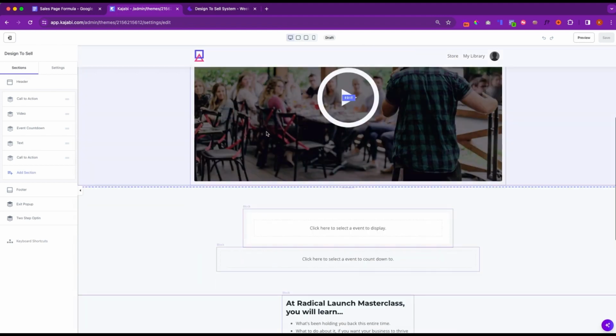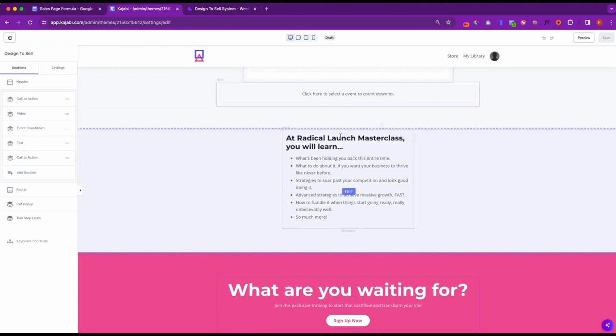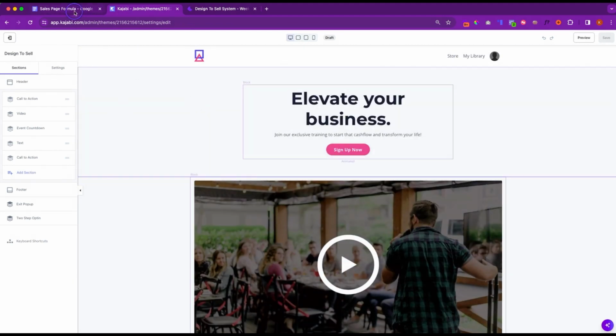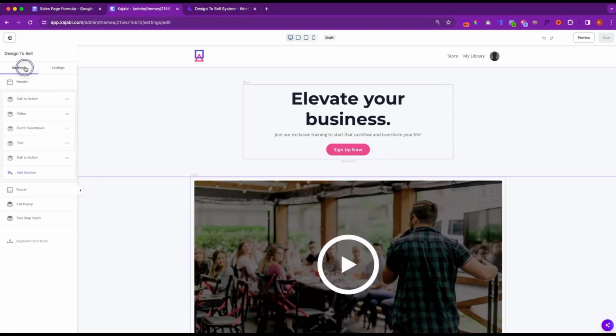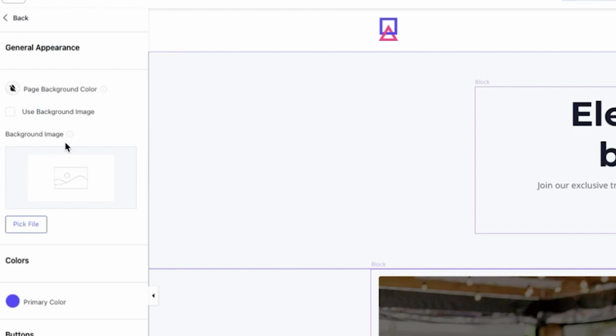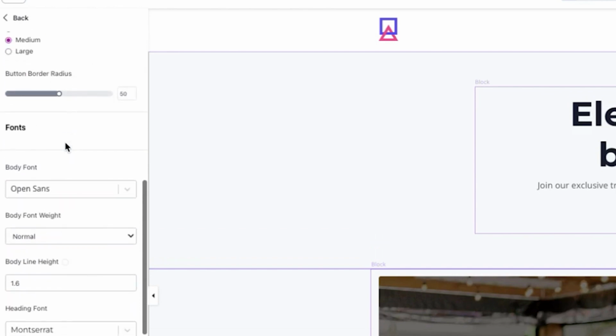It's a really great masterclass template, which it looks like is what it's for, but we want to add our actual sales page sections. And again, I'm working off this template. So what we're going to do first when we get into the website builder is go into settings. And then we want to make sure that our style guide matches